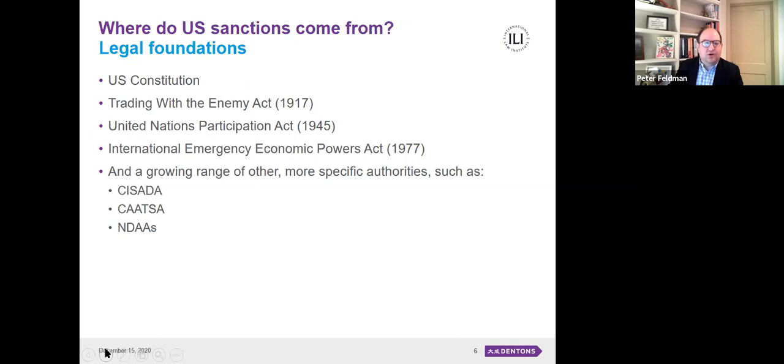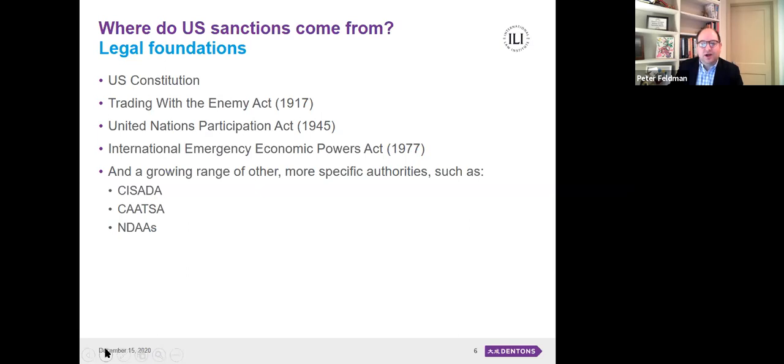But let's start where it all starts, which is the Constitution. And the constitutional authority for sanctions comes from both Article 2, Section 3, where the Constitution says that the executive shall take care that the laws be faithfully executed, and Article 1, Section 8, which sets out Congress's powers regarding foreign commerce. And on top of this constitutional bedrock of the pyramid, are three